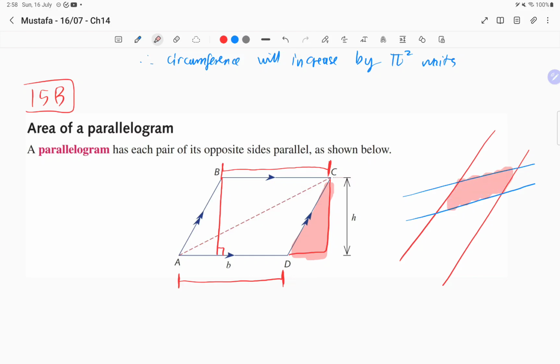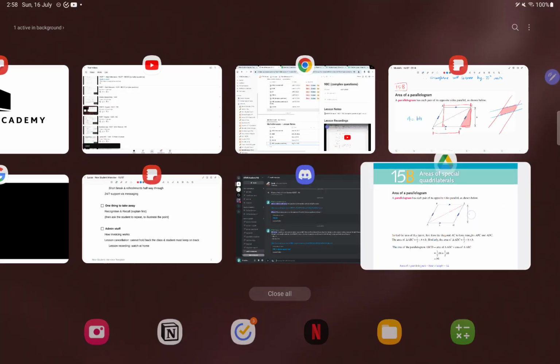Okay, so two opposite sides are parallel. The other ones are also parallel. Then it will become a parallelogram, aka it's a rectangle that's a bit like shifted. So the area is the same as base times height because it's just the same as a rectangle. Make sense? Okay. Next,